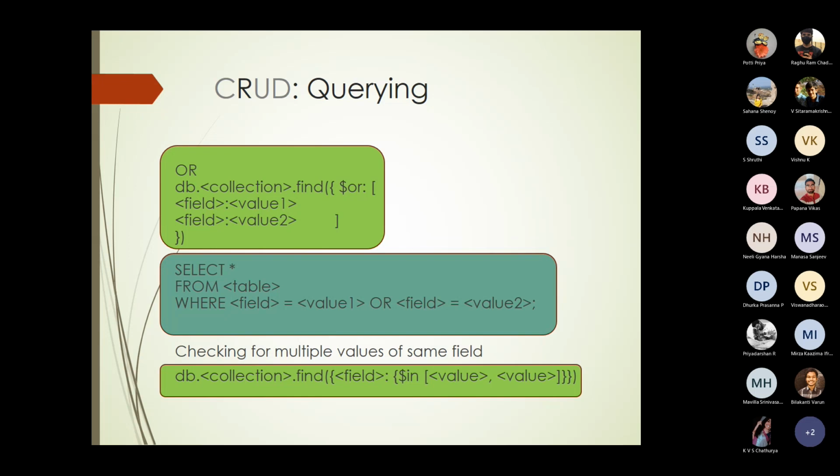This is using OR, field equal to value 1 or field equal to value 2. If you want to do that, then you can use $or as the command, and what all is to be combined, those two statements or field value pairs, you will be mentioning inside that. Remember, there is no comma inserted between them. It's just two field value pairs, and $or colon in a square bracket is what you're writing. This entire thing will go inside curly braces to make the array set.